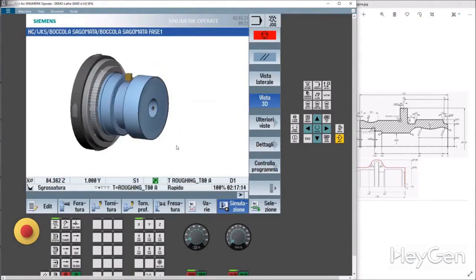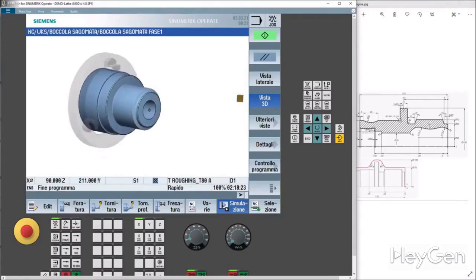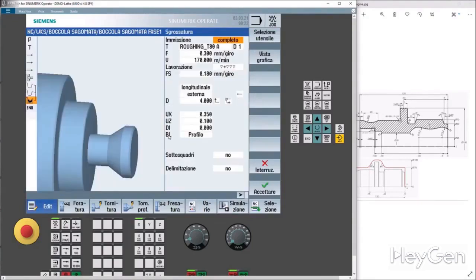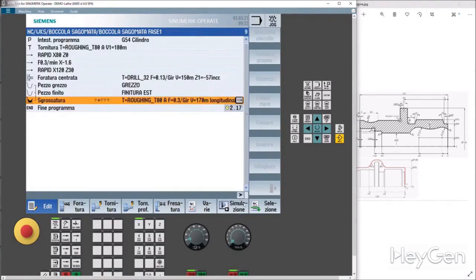Look, it ignores the raw material and goes straight to roughing. And finishing, I've already done it the same way. Tool. Ignoring the dimensions of the starting cylinder. Here we have our processing. Let's go back to edit. Let's go back here. Where we made the mistake. It's a description of the raw piece. Normally you find it in a cylinder. I'll repeat it for you and show it to you again.